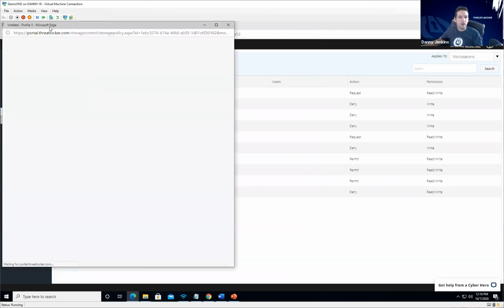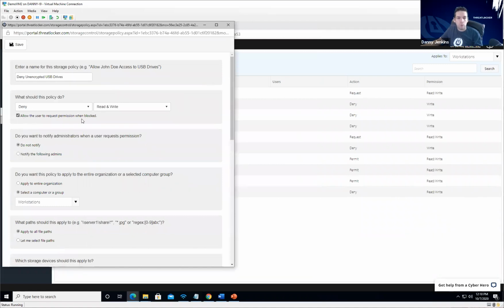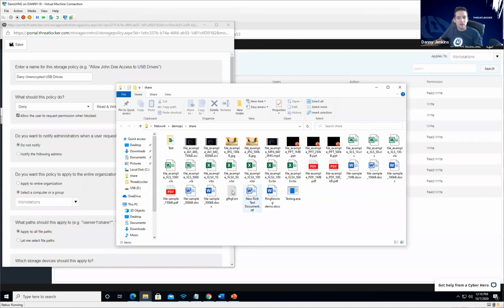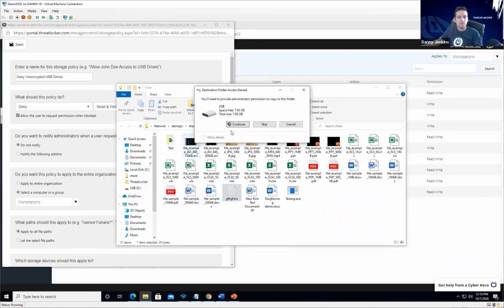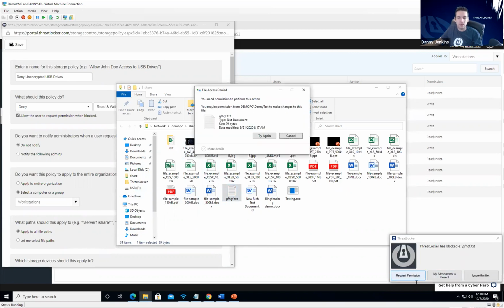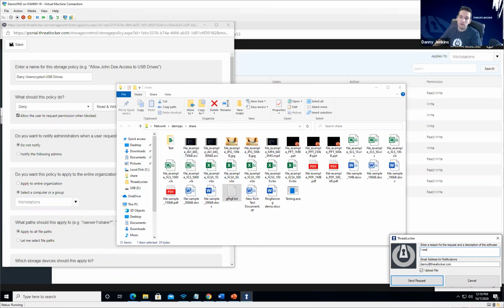And what I've done here is I've given the user the option to request permission. What that means is when they copy something to that disk, if they're not allowed, they're going to get a pop-up that says, do you want to request permission? And they can come here and say, okay, I need to request permission to copy homework to this device. And they can put the request in here and they can literally hit send request. And when they do that,